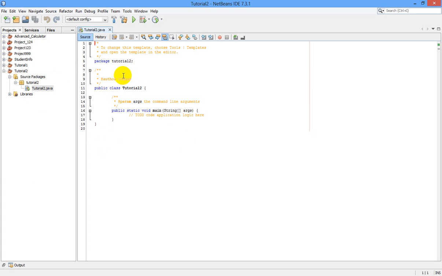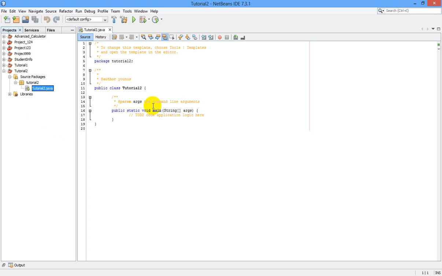See here tutorial, and there is a tutorial 2 class here. As we saw in our first tutorial, it must have a main method, that is public static void main, which is here. So we saw in the last tutorial, you can create an integer variable in which you can put an integer.